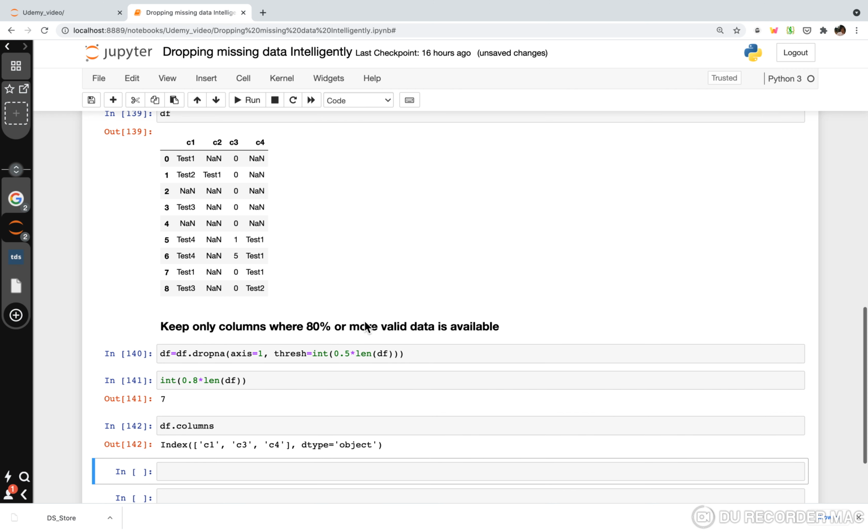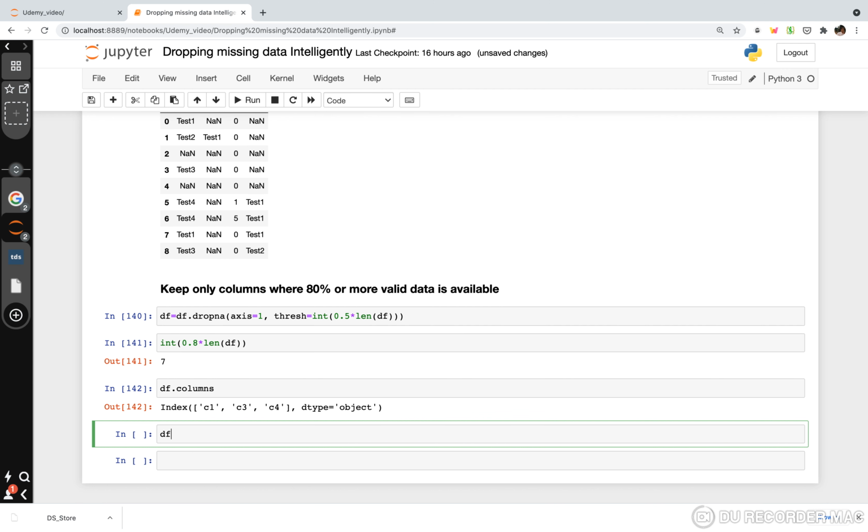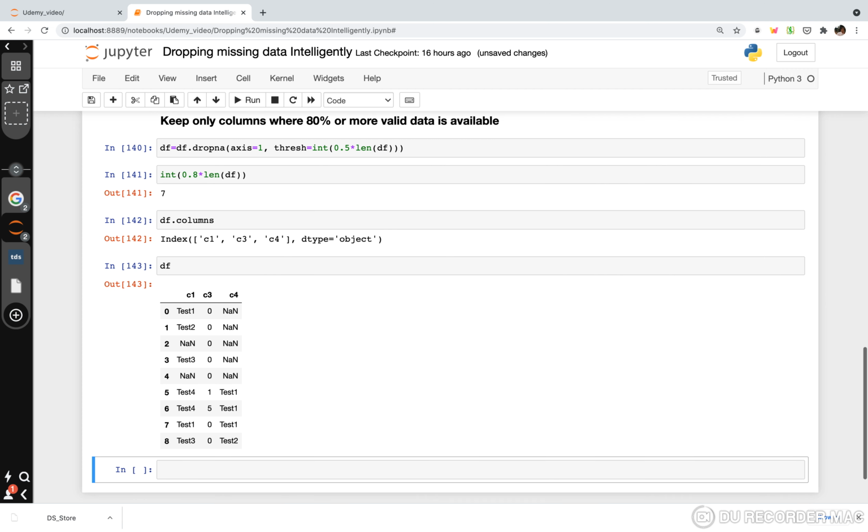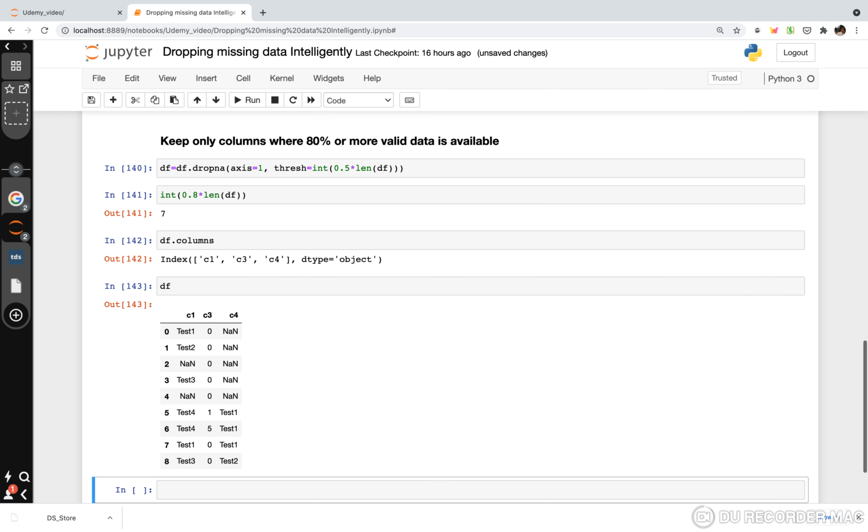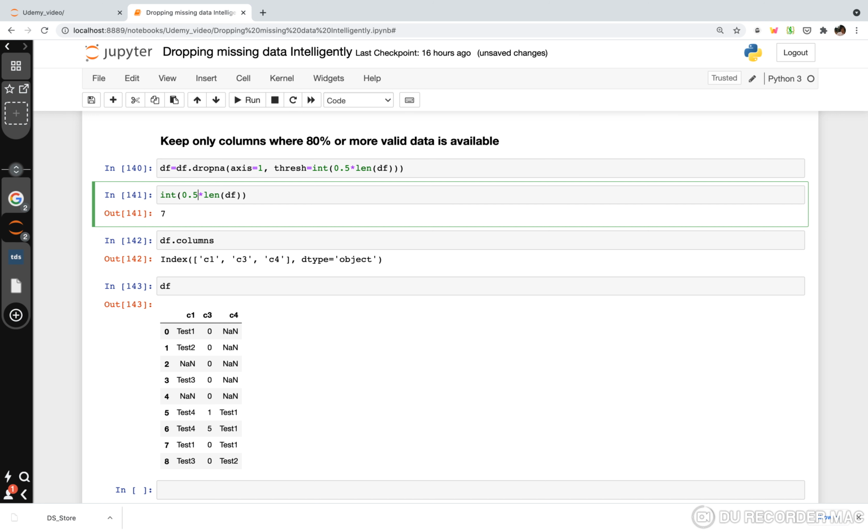Okay, now you can see there are four columns. This column has also been selected. If I do it at around 50%, it is coming to 4 here.